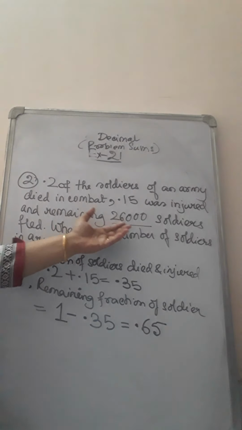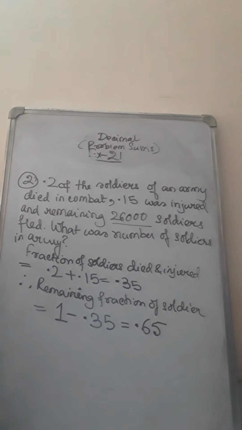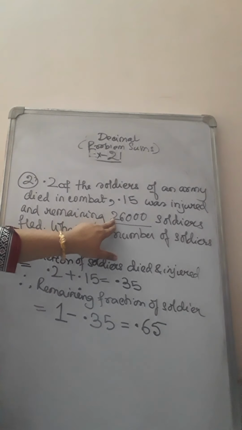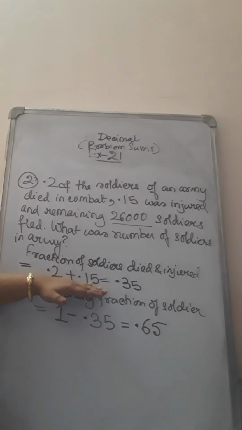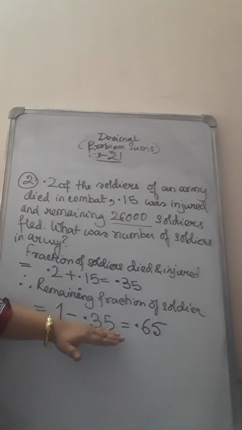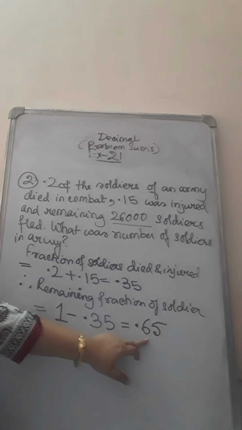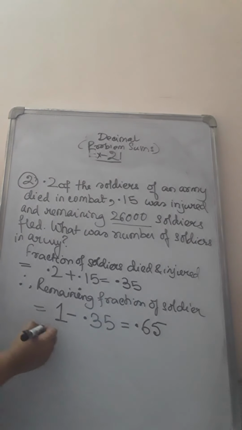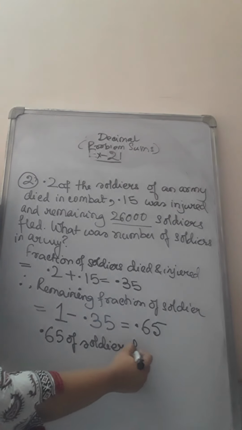It is told in exactly the numbers given: how many soldiers have fled away from the field? Safe, that is 26,000. And here, after deducting the fraction of soldiers who died and who got injured, we get the remaining fraction of soldiers who were saved, who fled away from the battlefield. So this is given in fraction, 0.65 of soldiers, they have fled from the battlefield,